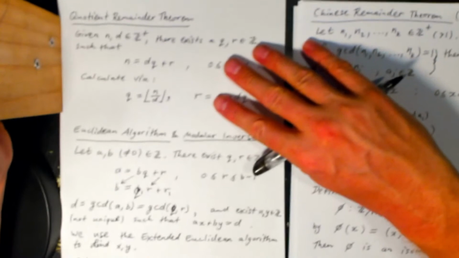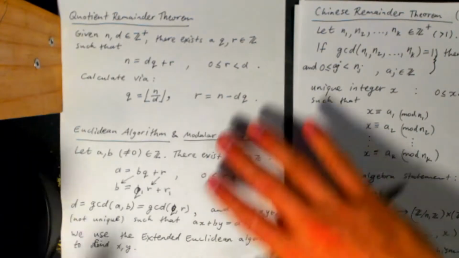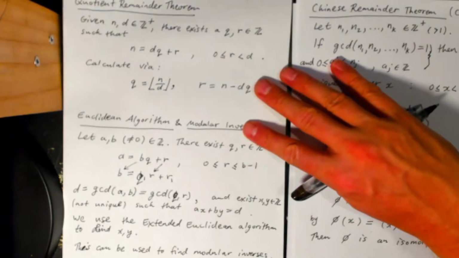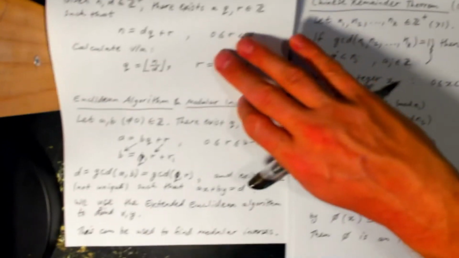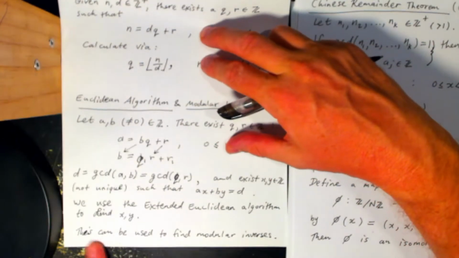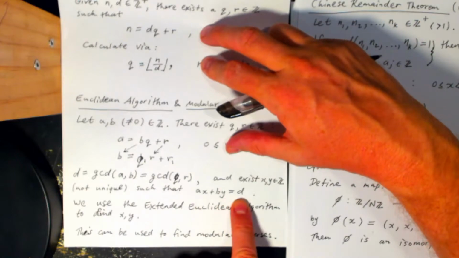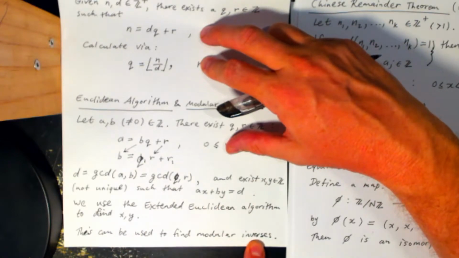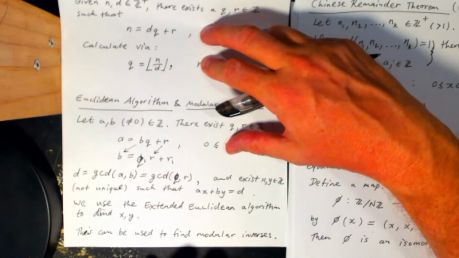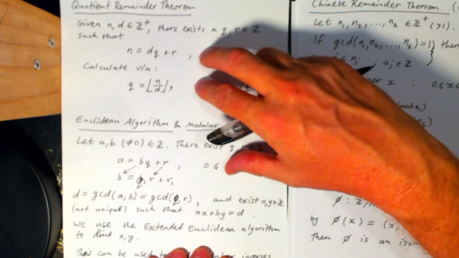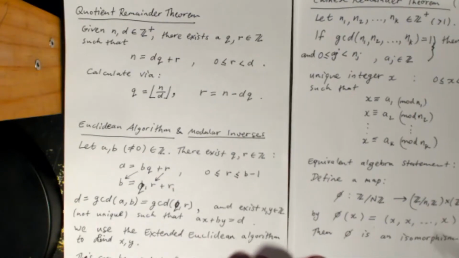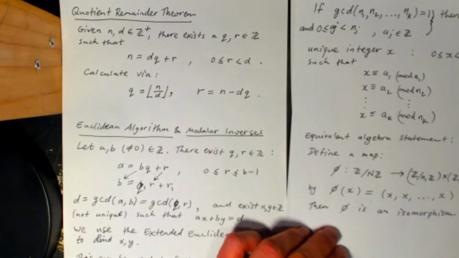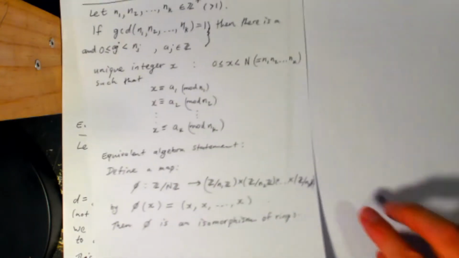And finally, we can use our solution to this Diophantine equation to find modular inverses. Okay, so that's what we're going to do. And then in the final part of this lecture, we're going to look at the Chinese remainder theorem,